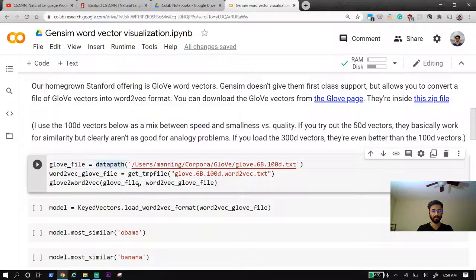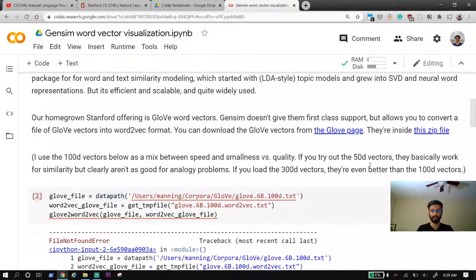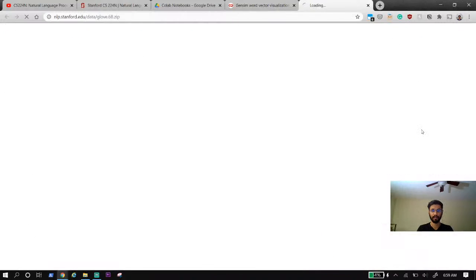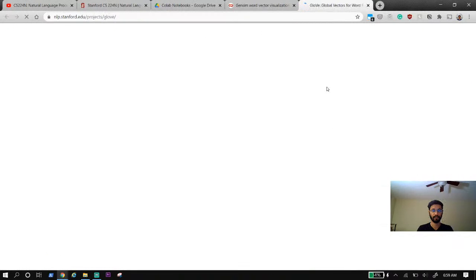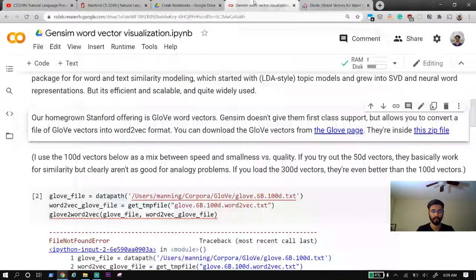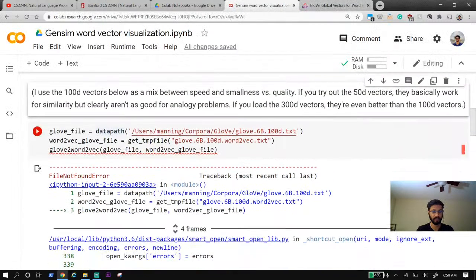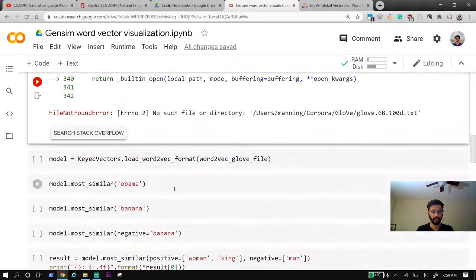I don't know if we can run this, because this will really require me to download the zip file. Nothing will download it. Here's the page. Never mind. The idea is to basically load the GloVe database and then